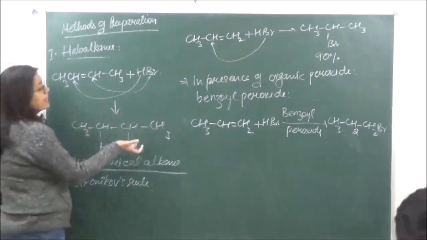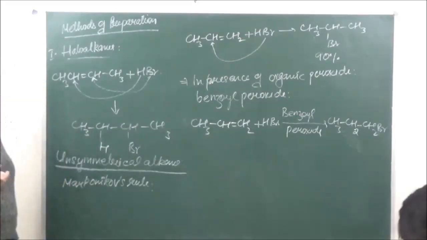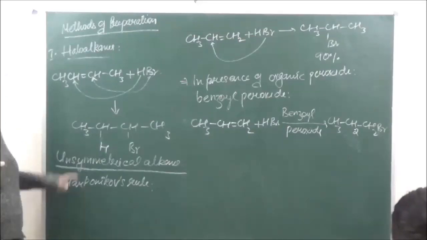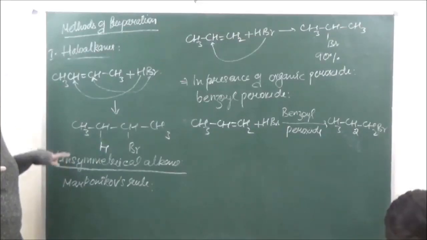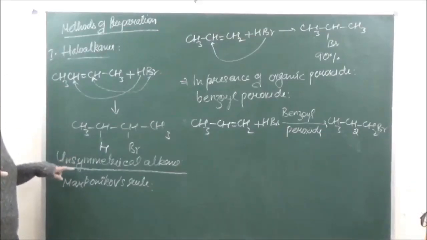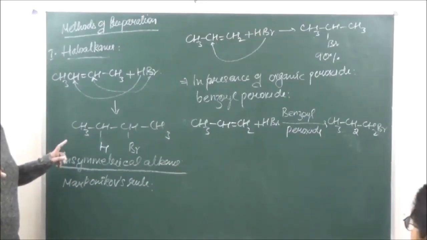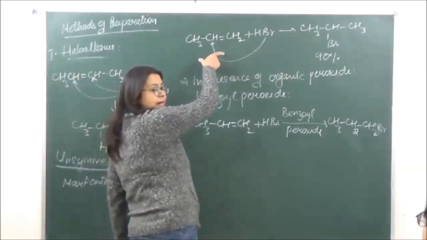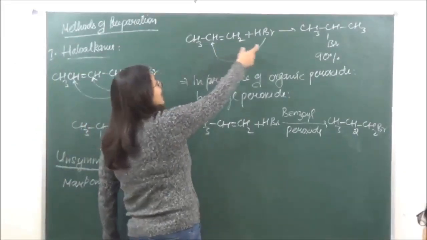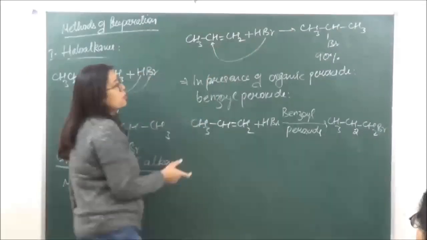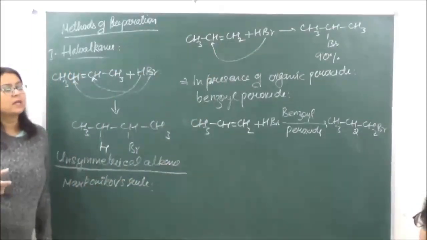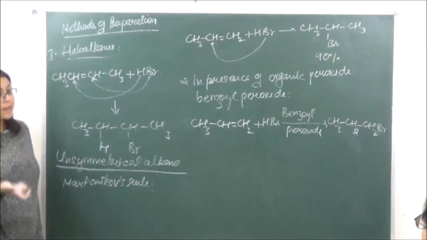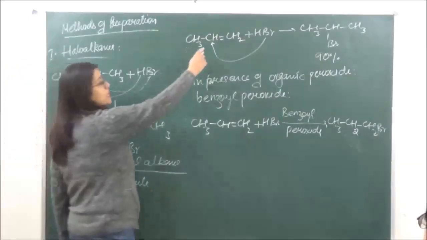अब इन दोनों में ऐसा क्यों हो रहा है? There is going to be a difference in mechanism. When we talk of the Markovnikov's rule, in that case, the mechanism is going to be electrophilic addition, which is followed by formation of a carbocation. Now as the 2-degree carbocation is going to be more stable, therefore bromine goes and attacks at this